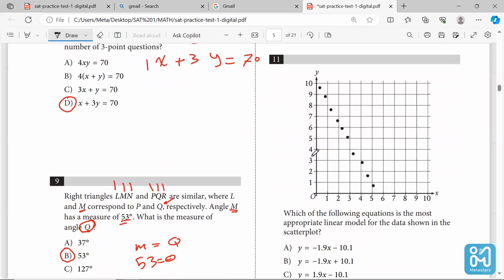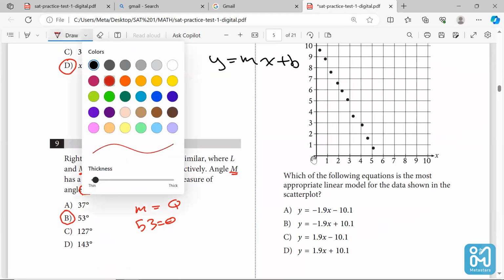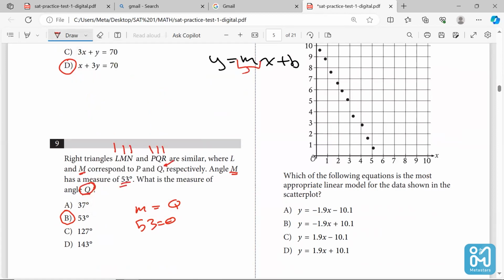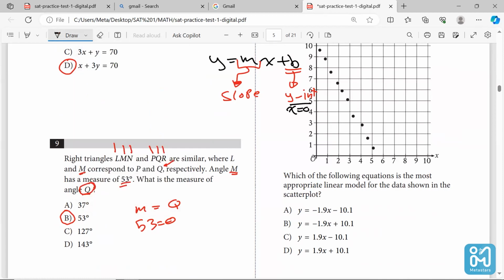Here, I'm talking about a scatter plot figure. Before we start, guys, let's talk about y equals mx plus b. This one, it's very important to understand what every letter represents. M represents the slope, and b represents the y-intercept. Now, what's the meaning of y-intercept? It means the point at which the line passes through the y-axis, where x should be equal to 0. Slope,